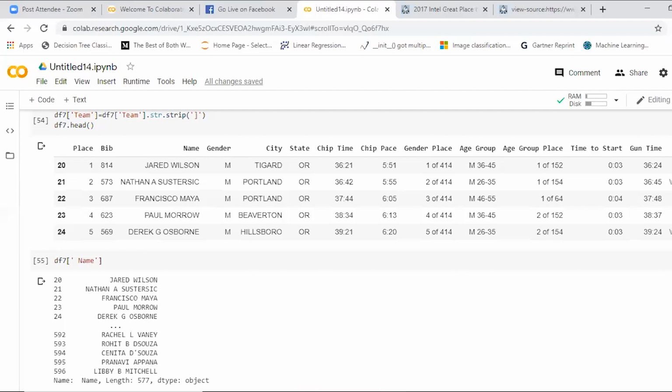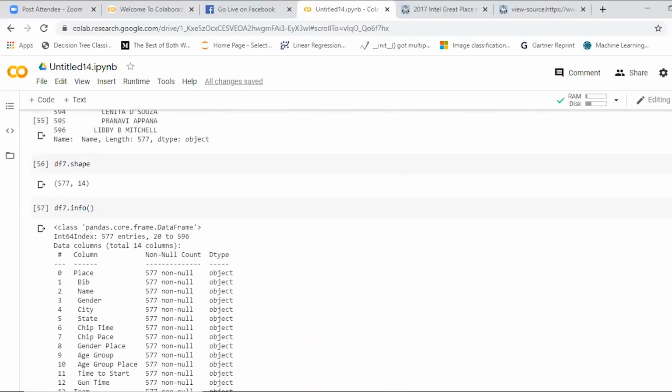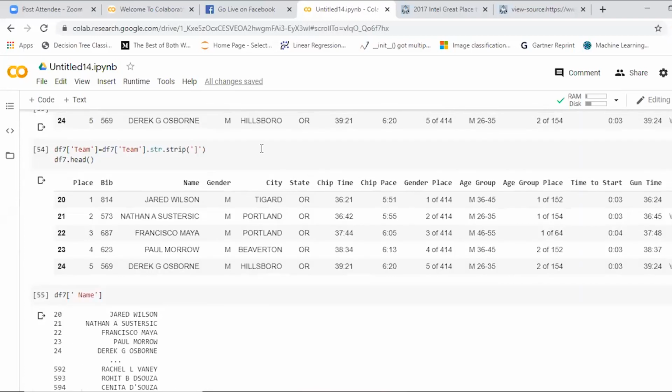So if you see at the end, you got a data frame, a clean data, which includes the data set of place, bib, name, gender. Then whatever data you want to see, you can get out of it. This is how web scraping is very simple in Python. We have taken the data with the help of Beautiful Soup, and we have converted it into a data frame. Name gives out individual content data directly in the format of a data frame. df7.head. Did everyone get it? Info gives what the column names present in the data are.